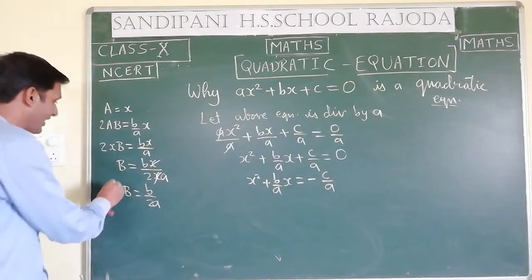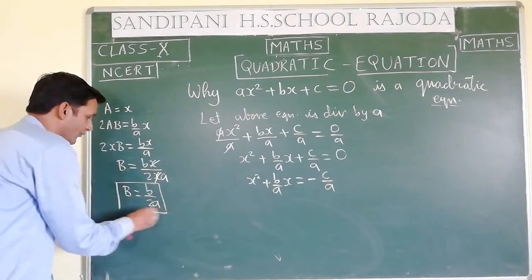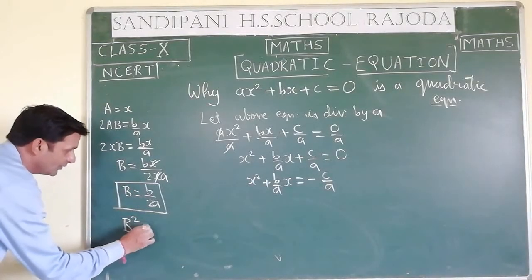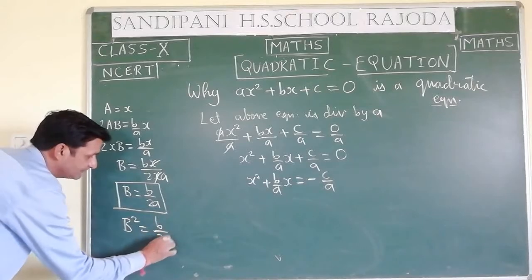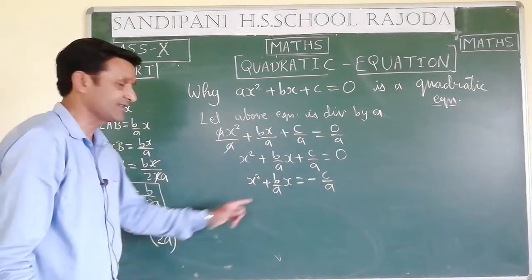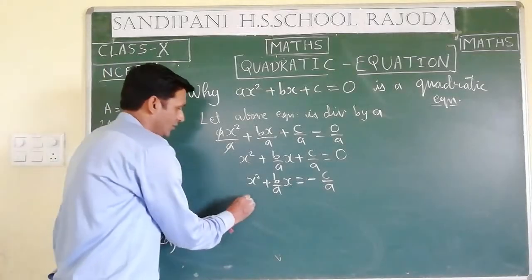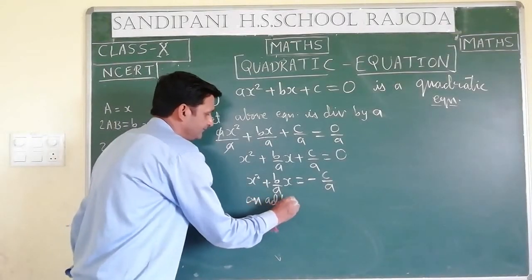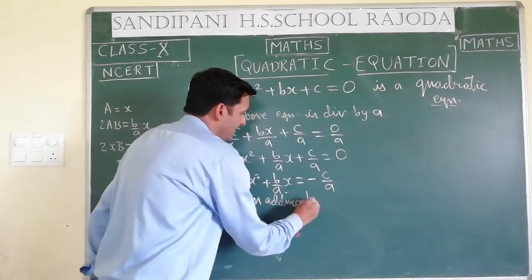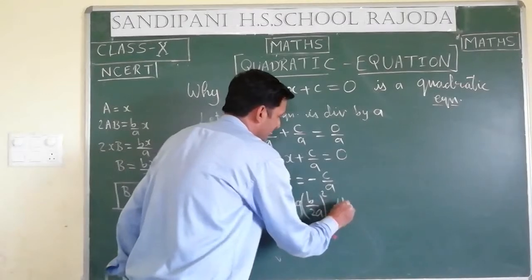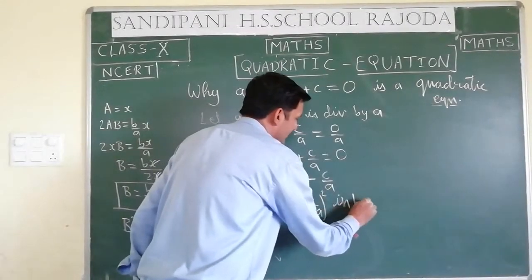It means we are having value of b now, so we may make it complete square. So b square is equal to b by 2a whole square. This term we have to add in LHS and RHS both. On adding b by 2a whole square in both sides,